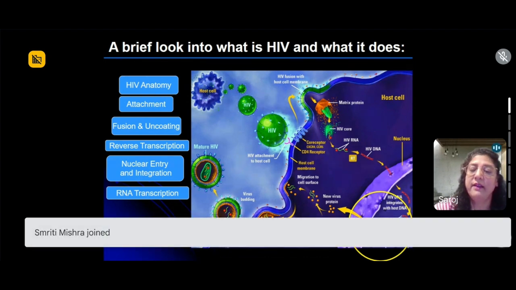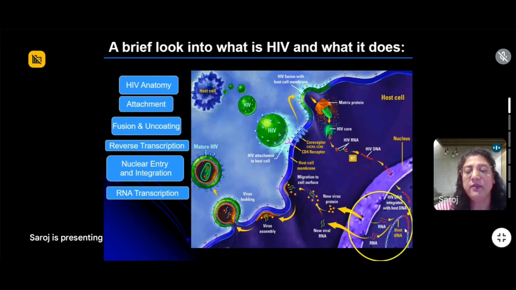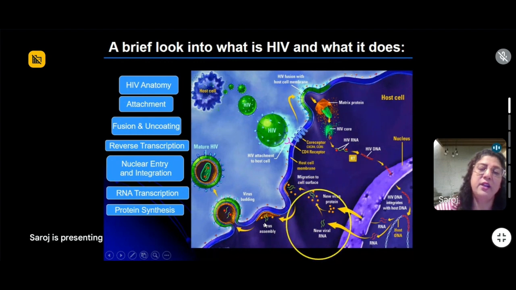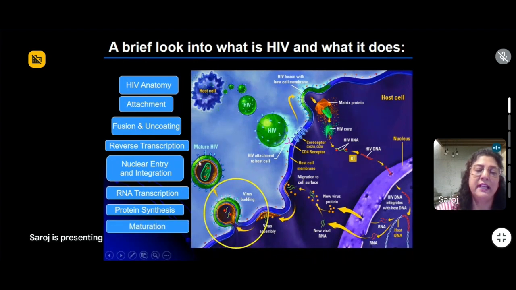So you have two things. You have synthesis of viral proteins, and you have synthesis of new viral DNA. These new viral proteins, and especially if you remember, I talked about the P24, are the ones which are now going to be packing the virus. So you can see here how the virus is getting ready to be packed. It is again going to bud off your own CD4 cells' membrane, and the virus assembly is taking place, and it is budding off, and you have a release of a mature HIV virus, packed inside this whole beautiful system and ready to infect another CD4 cell.